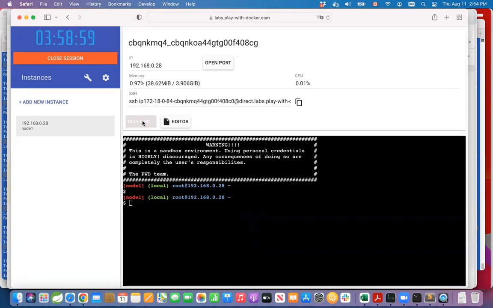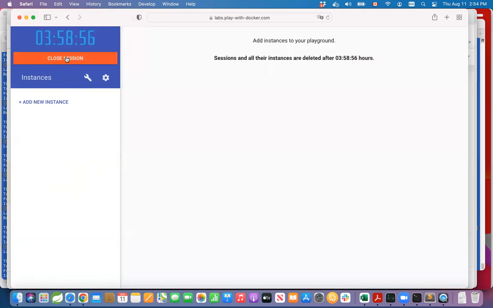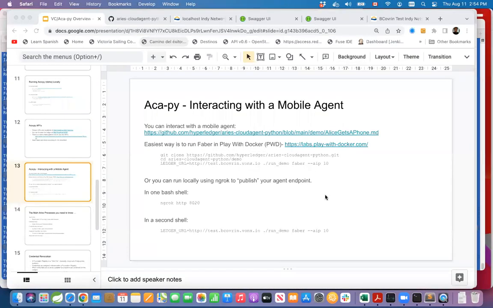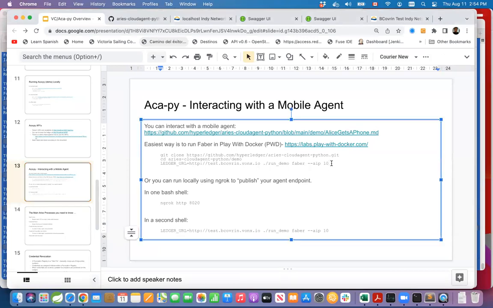I'm not going to demo it this way because I find with Play with Docker, it's got a limited amount of resources. So probably about 50% of the time that I try it, it just doesn't work. You run out of resources, or you're trying to do a build that can't create the Docker container or whatever. So it's useful if you just want to play with something on your own. We've tried to do workshops using Play with Docker, and we find after about 2 or 3 people, the whole environment just crashes. So the other way you can do it is you can use ngrok to publish your